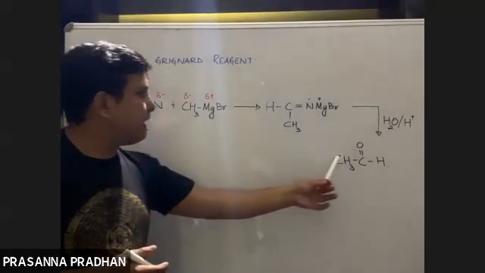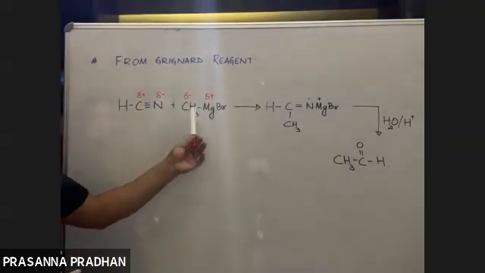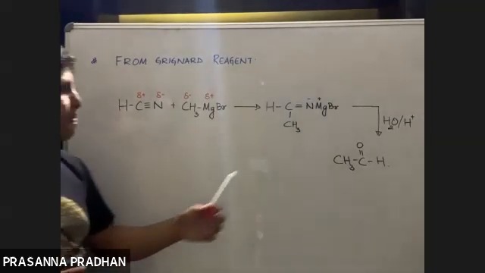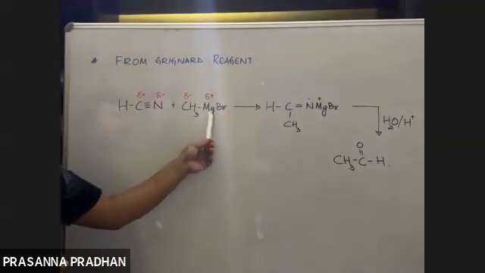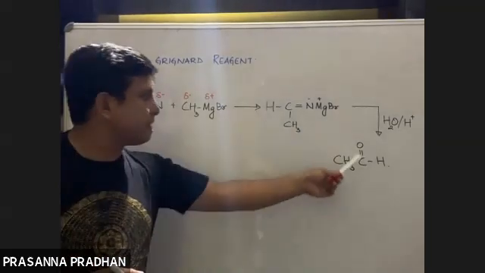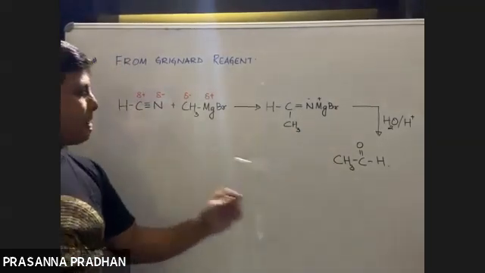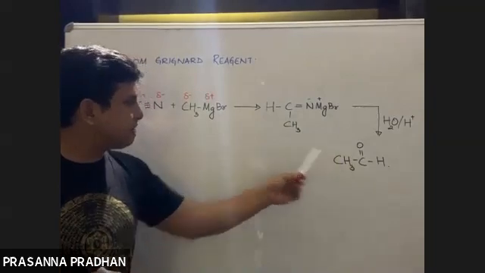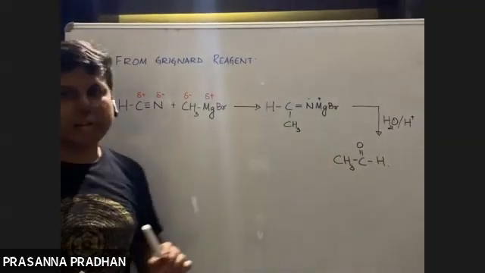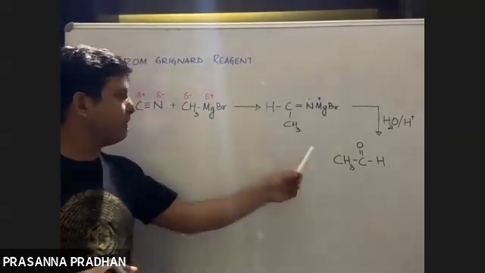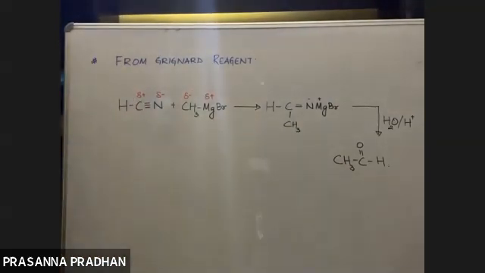So depending upon the aldehyde you need to prepare, you can select the appropriate Grignard reagent. If I want to prepare propanal, you'll be using ethyl magnesium bromide. Here there is a CH3 group, so I'm using CH3MgBr. If there is a C2H5 group here, then I can use C2H5MgBr. This alkyl group has come from your Grignard reagent. So reaction of hydrogen cyanide with appropriate Grignard reagent will give us the aldehyde. Now the other one you can easily do on your own.